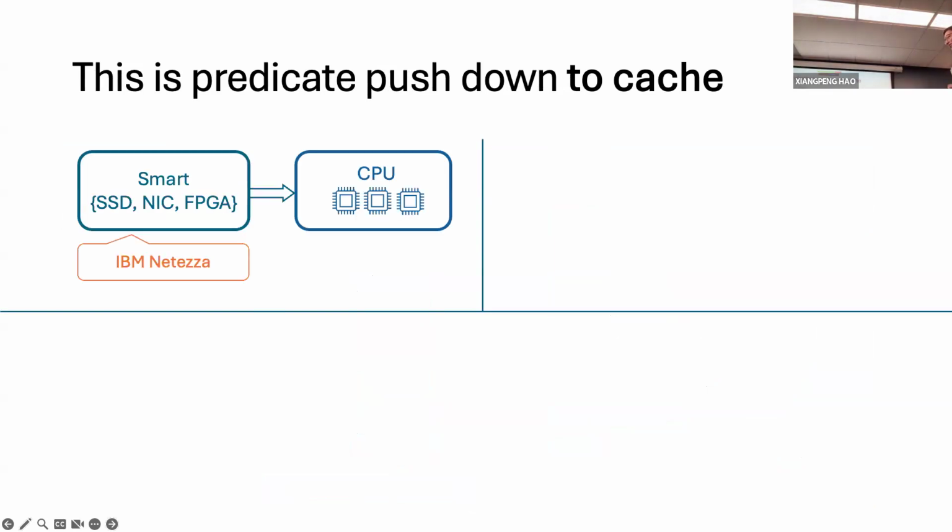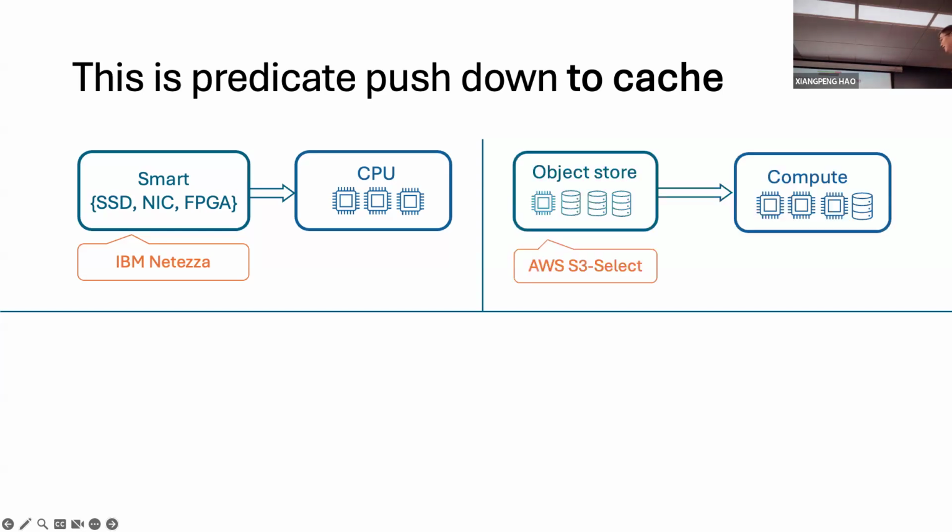Here's some evidence. Before we had cloud, systems like IBM Netezza essentially utilized the smart SSD or smart NIC or FPGA on top of the storage device, so that while the storage device is scanning the data, it will apply the filters, utilizing the smart chip on those systems. So an example system is IBM Netezza, and